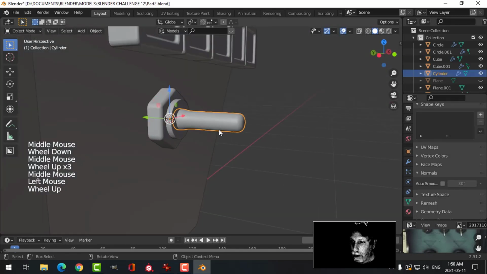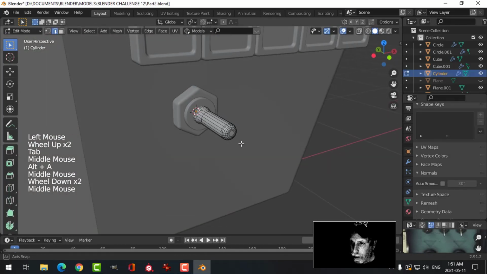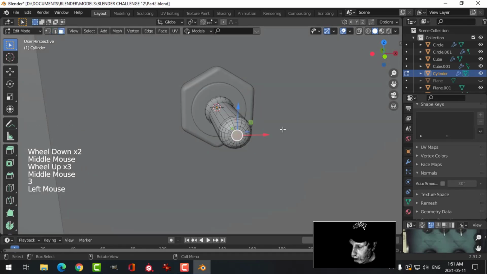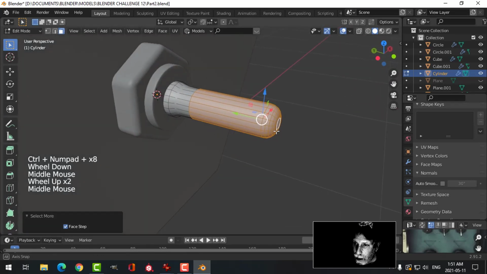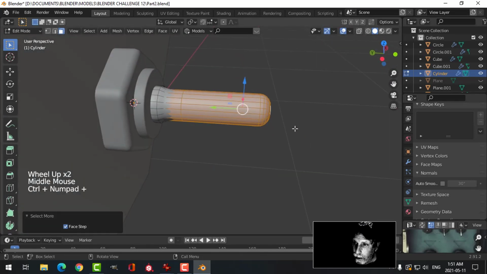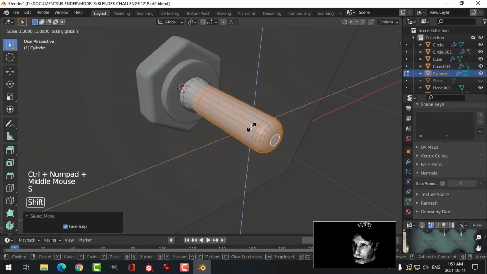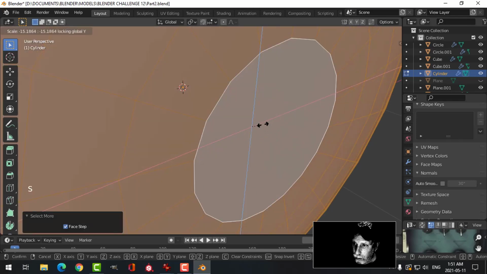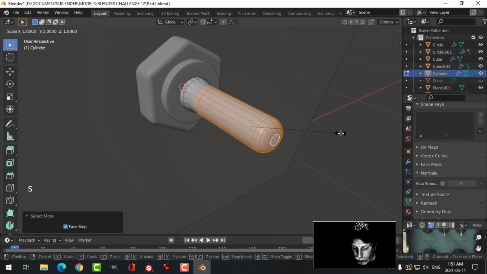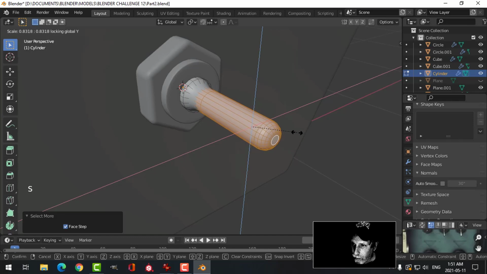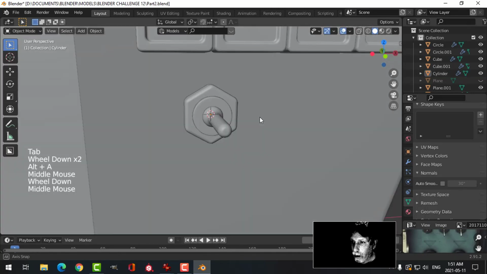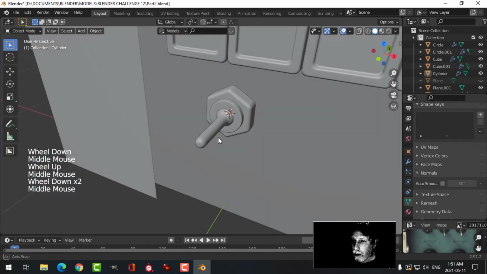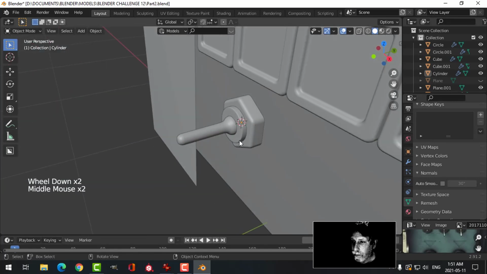Well, could be a little thinner. Okay. Let's select it, come like that. And I think I'm going to take, no, I'm going to go further than that. We'll scale Shift Y. What are you doing? Scale Shift Y. Come in smaller. Like that. I think I'm going to do that for my toggle switch. I don't know how good that looks, but